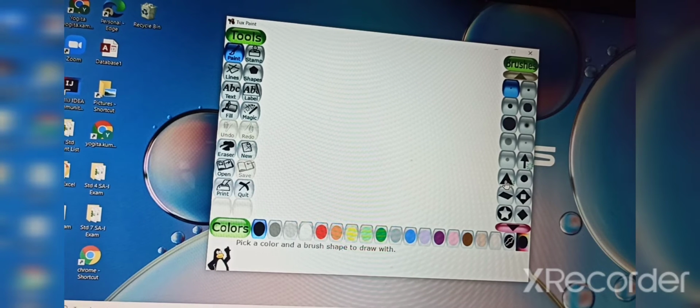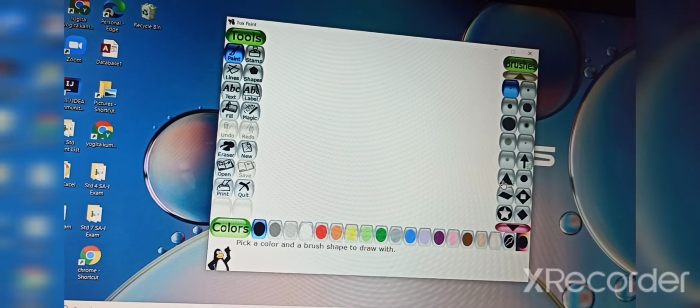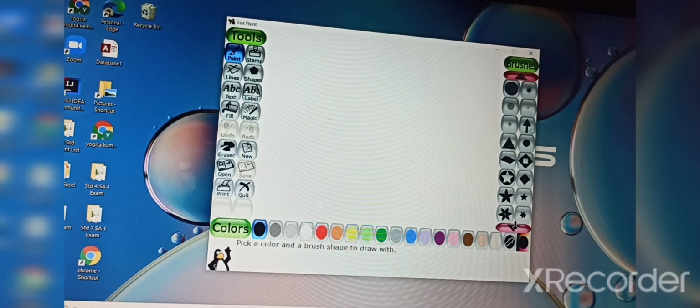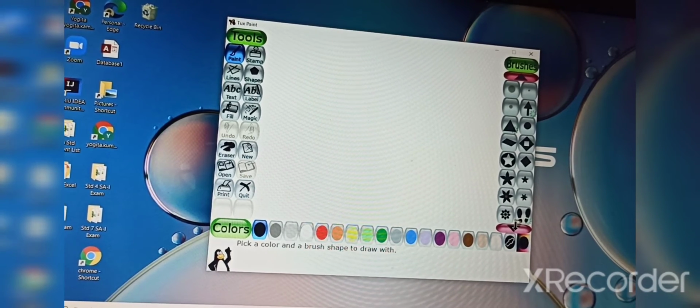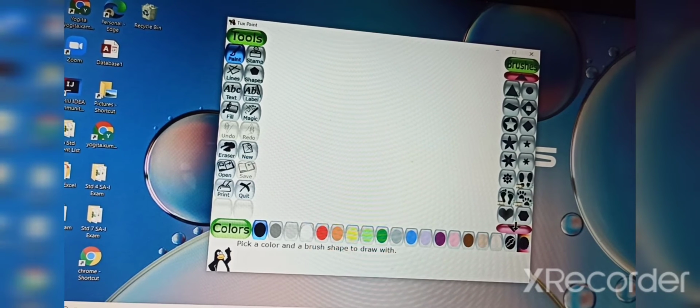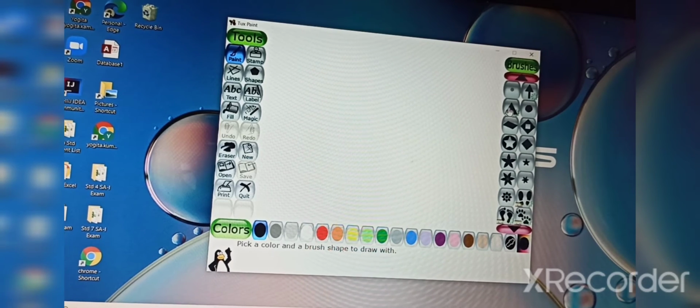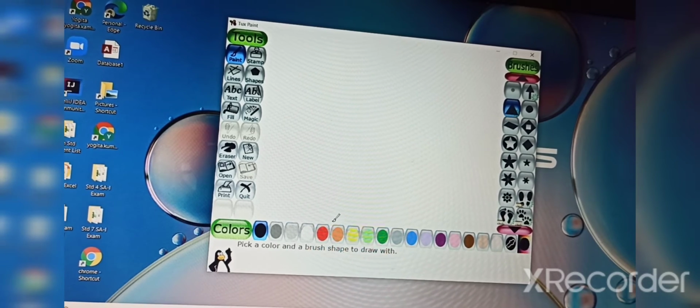Click on the brush pattern of your choice from the selector. Here we will take this triangle one, or otherwise if you want any other, you can click the blue down arrow of the selector to see more brush patterns. All these patterns you can see, but we will take the triangle one. After selecting this, click on any color from the color palette. We will select the red color.